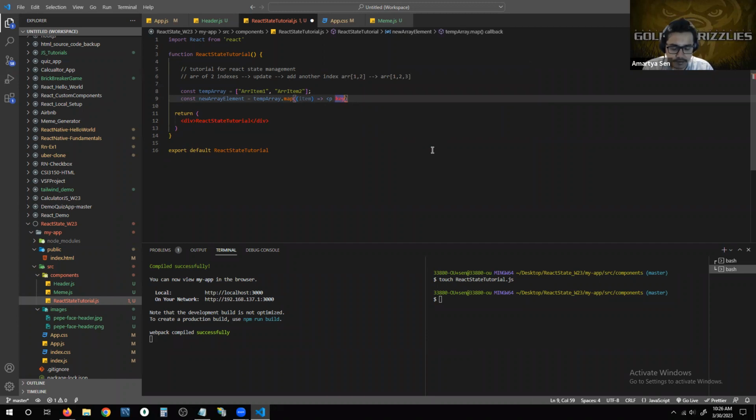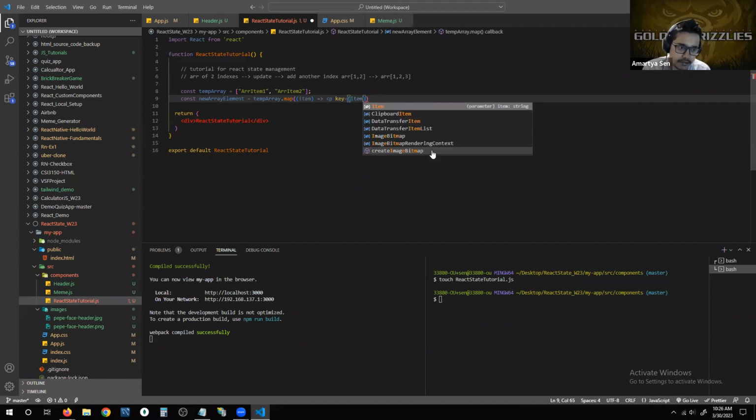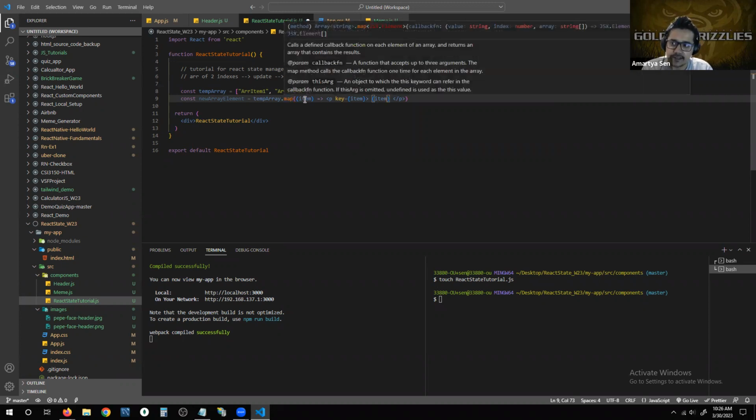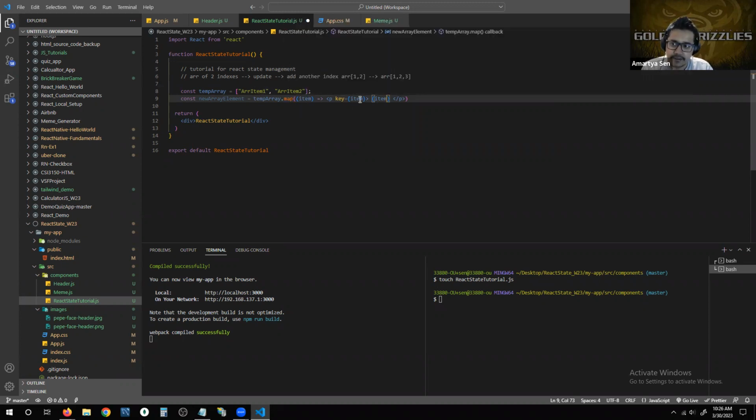So the key attribute that we are going to be working with is basically to take the item itself. Okay, we are going to assign this to the item itself, and then that is going to make up the identifier. Okay, and then within the identifier, what we are going to print is basically the value of the iterator. So the value of the iterator is going to be whatever value is present in these individual indexes when this iterator visits them. And then we are taking the index of those particular items to be the key,